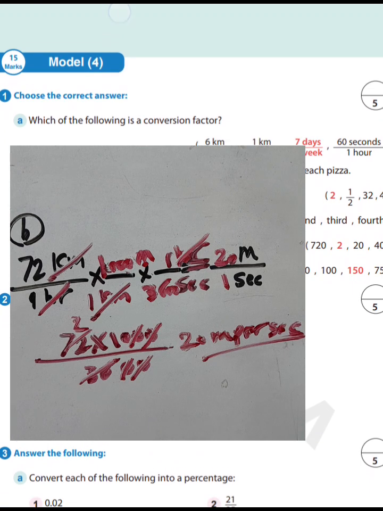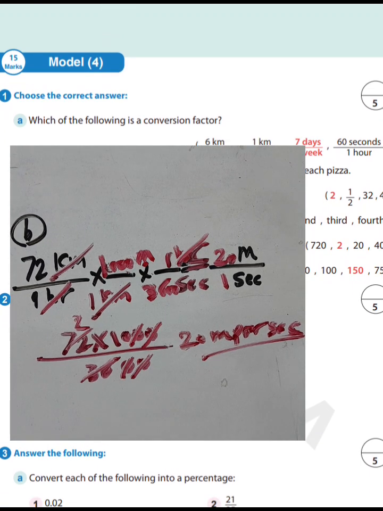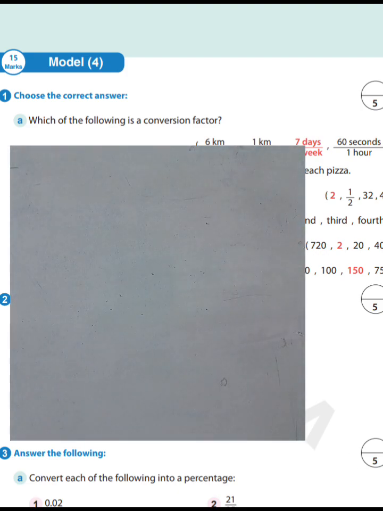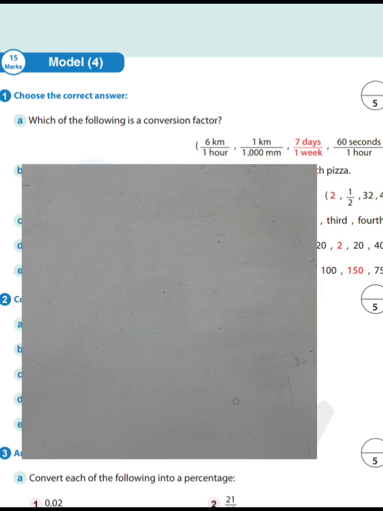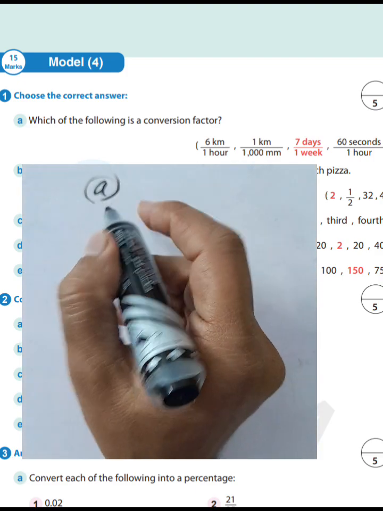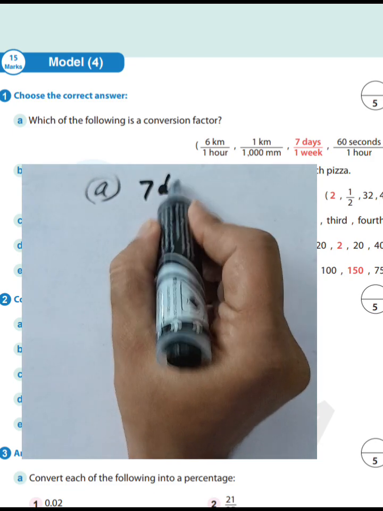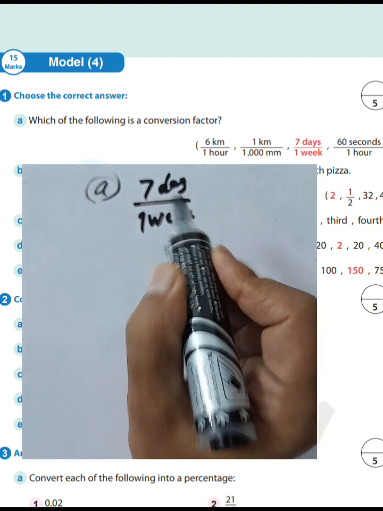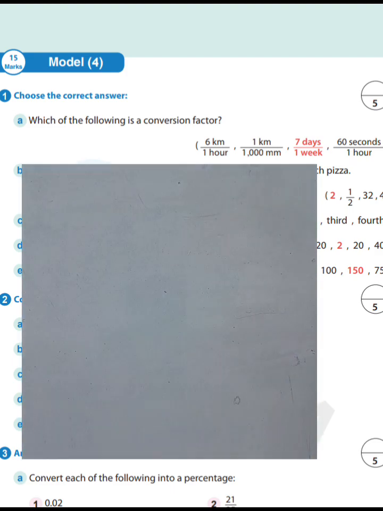Model number 4, which is the following: conversion factor. We know the conversion factor is the ratio between two equal amounts using different units, such as 7 days over 1 week. It's a conversion factor because 7 days is equivalent to 1 week. Then question letter E, you must write 7 days over 1 week. Next question,